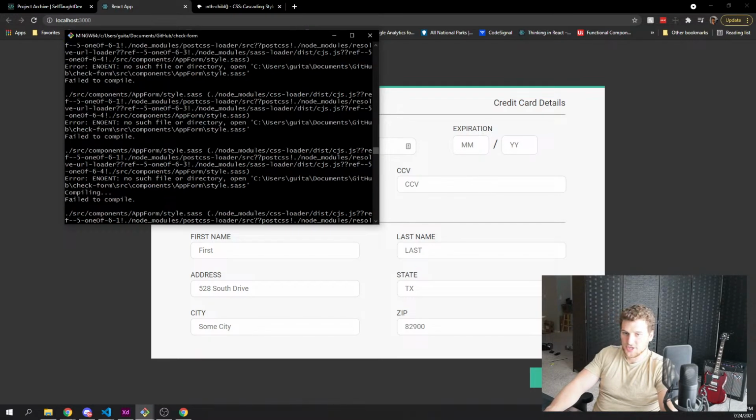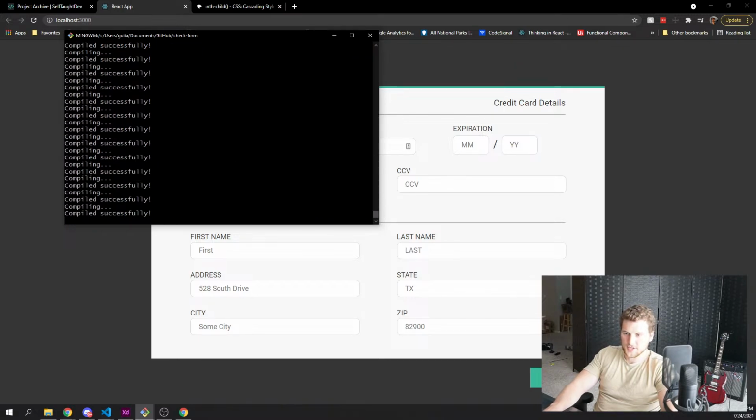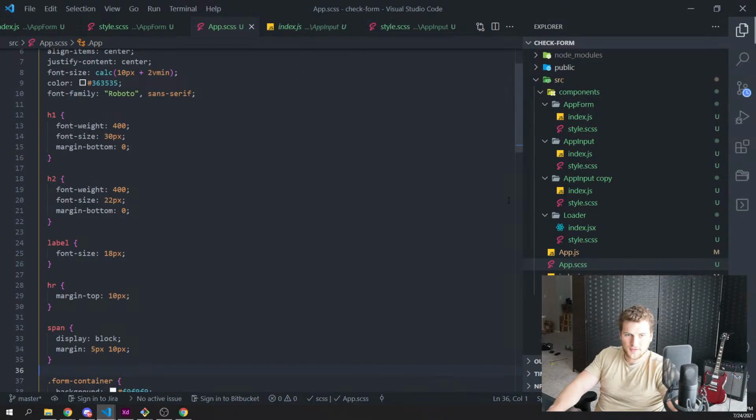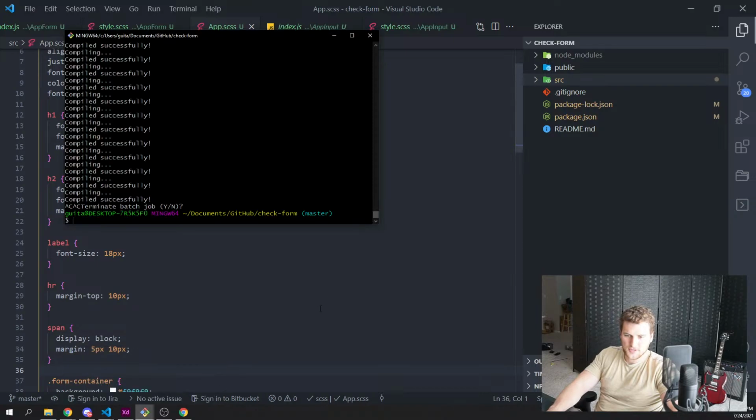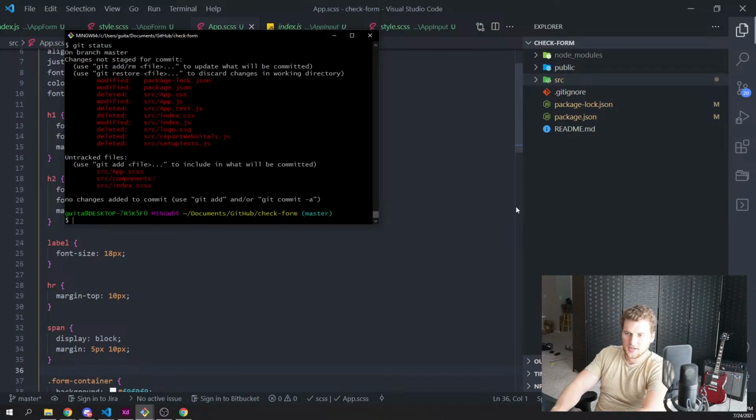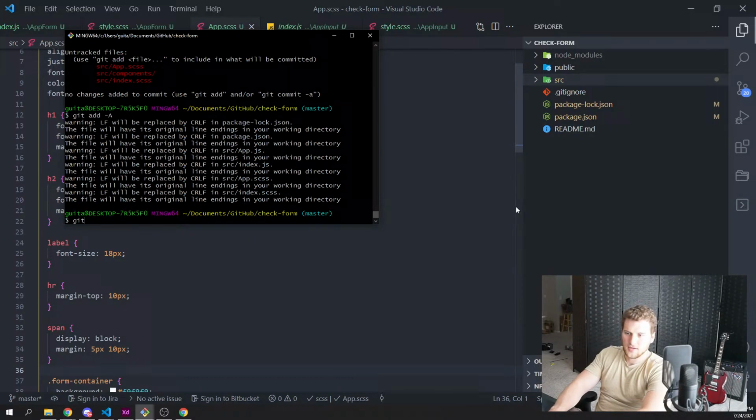So in bash here, we're going to go down to the bottom of this and terminate the batch job. We're going to do git, and is git already initted? Yeah, we've got a gitignore, so I think git is automatically created on this. If we do, yeah, it's tracking it here. So if we do git status, git add -A to add everything, git commit